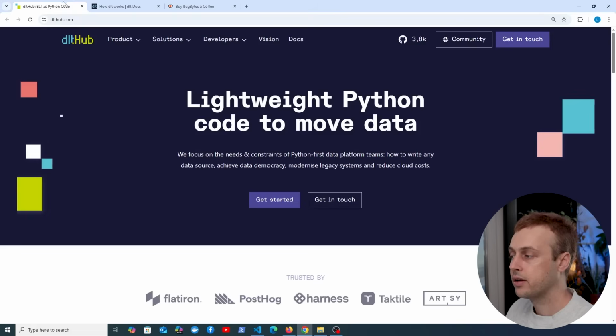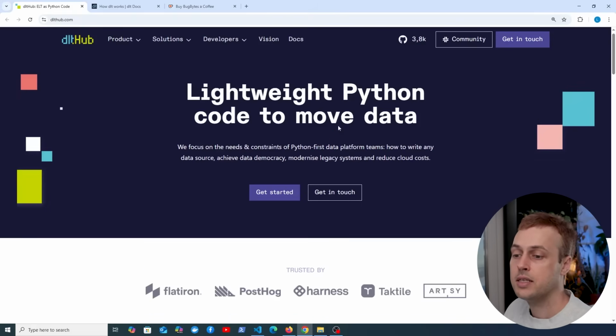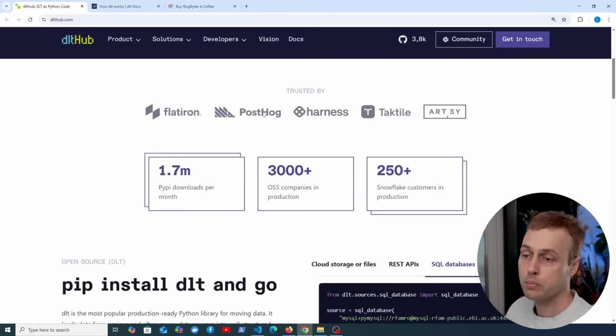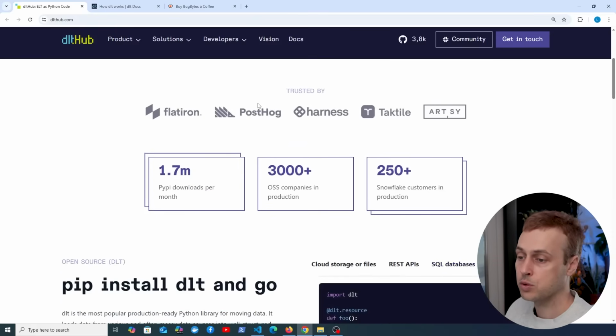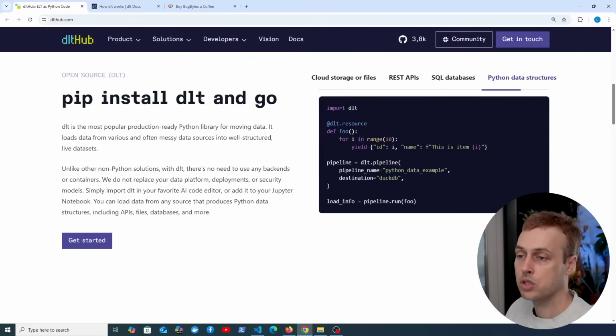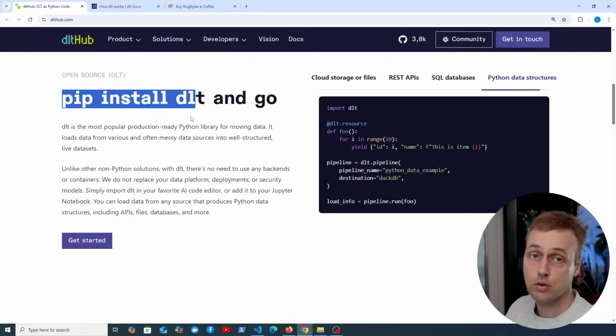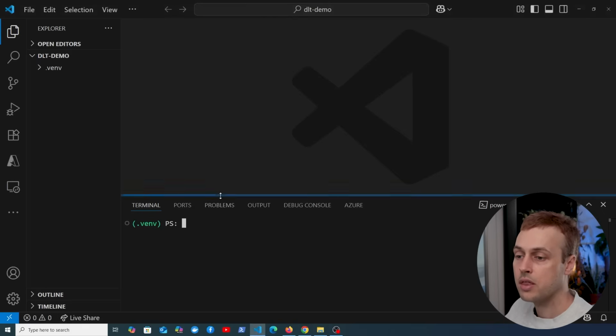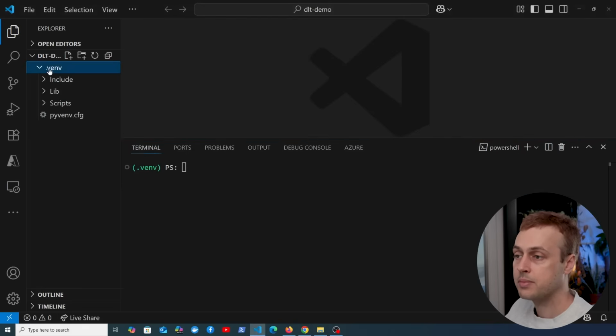Now, dlt in a nutshell is a lightweight Python package that allows you to move data around. And it comes with a lot of nice integrations. And you can see it's been used by many big organizations. PostHog is a tool that I really like, and that's one organization that's using dlt. And it's very simple to install. You can just run pip install dlt, and you can also use UV if you want. So to get started, I'm just going to copy the pip install command, and let's go to VS Code. I have a Python virtual environment activated in an empty directory otherwise, and we're going to paste that pip install